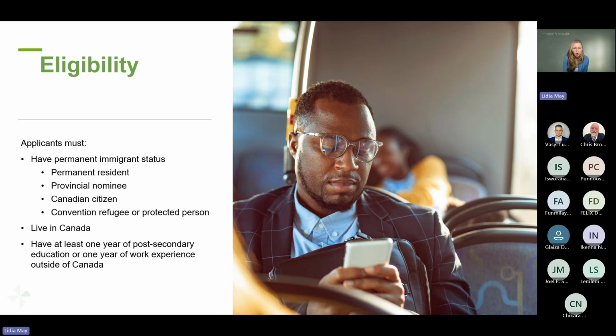With provincial nominee, what do I mean here? I mean those who are now, for example, on a work permit. If you are on a work permit right now, you're not eligible for our loan. But as soon as you get your Manitoba provincial nominee approved, or any province program approved, then you become eligible